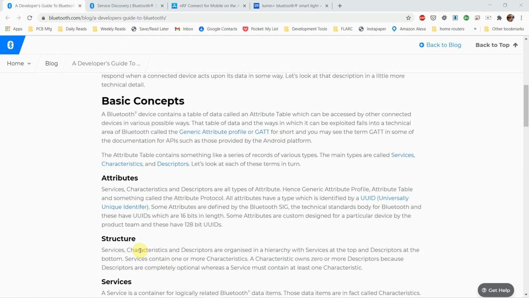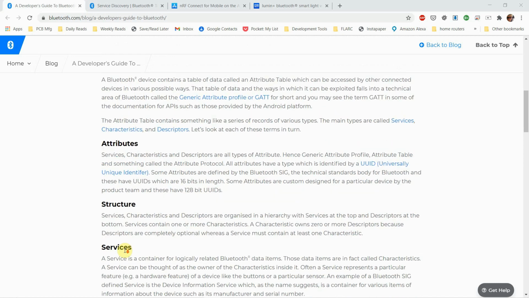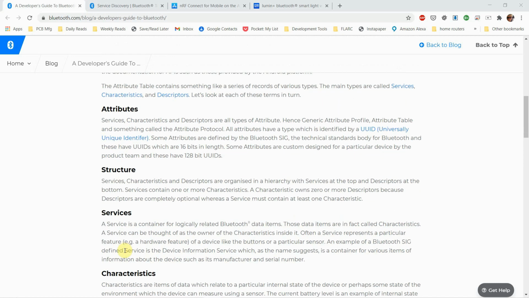This is called GATT. There's also a concept called GAP that we'll talk about. But the key here is that everything is driven by a UUID. A UUID is a universal unique identifier. Some people have called them GUIDs. What it does is allow you to define both. So you have the server, and it's going to have a unique identifier. The services on that server each have a unique identifier. There can be 0 to many. And then every service has characteristics that are identified by a UUID, and there can be 0 to many of